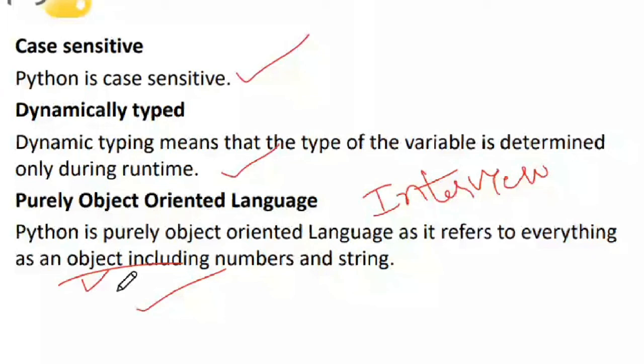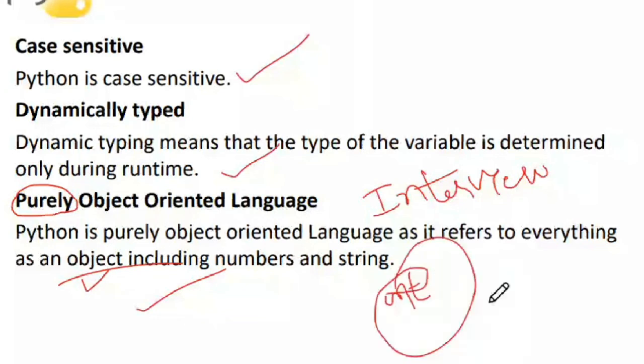Now to give you an example, Java is not a pure object-oriented language. Why it is not pure is because when I say int, the int over here is not an object in Java, but in Python, the data types are also objects. Everything that we have in Python are objects. That's why Python is called a purely object-oriented language. Is the concept clear, everybody?